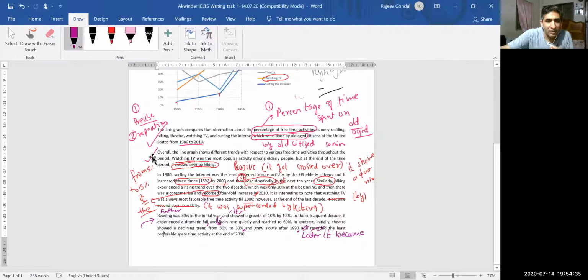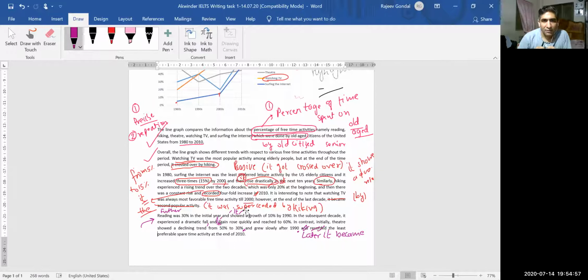You have already written "overall" actually, so there is no need. It's fine the way it is written, because you have already crossed 150 words. Just those small things which we have noted down here, please make those corrections and send it back. So this is what you are supposed to do. Rest of it is good.